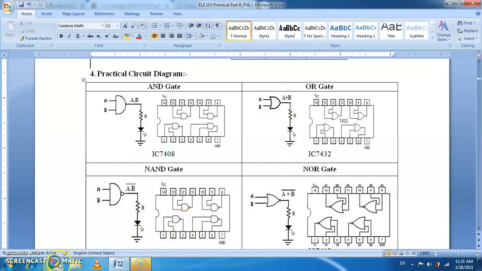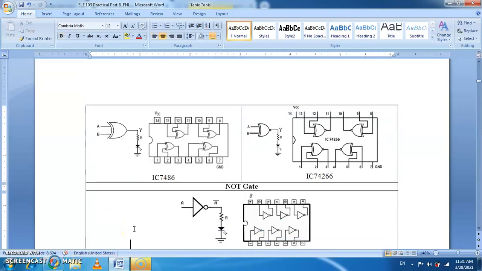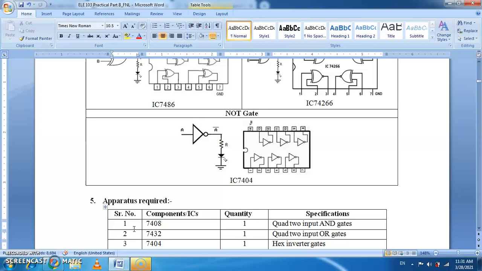So let us now start the simulation. And another one we use is the exclusive OR, the XOR. Before that we should consider the 7404, which is the inverter. It means you can have 6 inverters. 1 is input, 2 is output, 3 is input, 4 is output, 5 is input, 6 is output, and so on. Again all the pin number 7 of all the ICs is ground, and pin number 14 is the VCC.